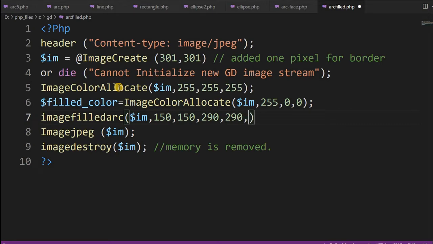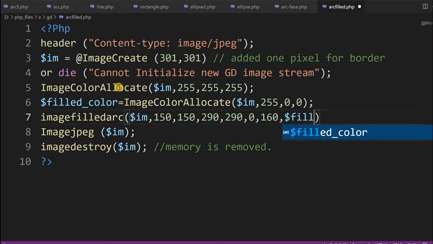Where will it start? As in the arc case we have discussed, the starting angle is 0, but it starts from the 3 o'clock position. In a clock, the 3 position is the 0 angle. And the end angle, we can move to 160, so it will be covering backward. If you had put 180 degrees, it would have been the 9 o'clock position. Now it is 160, so that's okay.